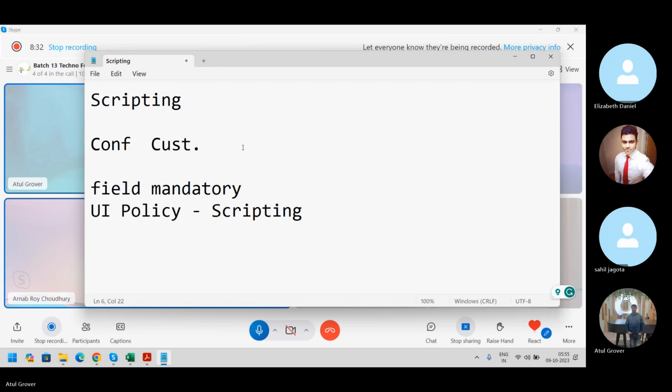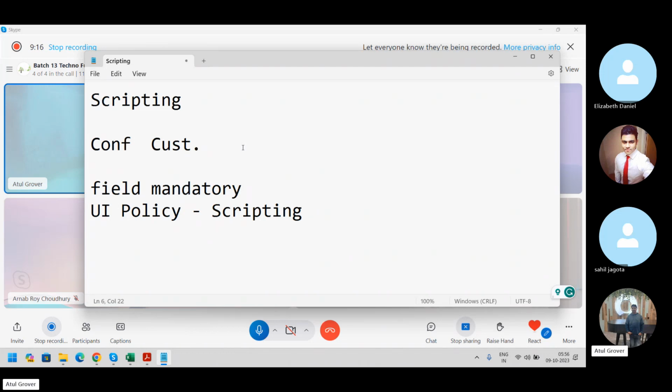For example, if they want certain fields to act mandatory only when certain conditions are met. So you can write the script as per the needs, right? You can customize it. So can I say writing a script is a customization? Yeah, I think so. "I think so" is a very big term. Okay, I agree with you a little bit that yes, writing a script is considered a customization if